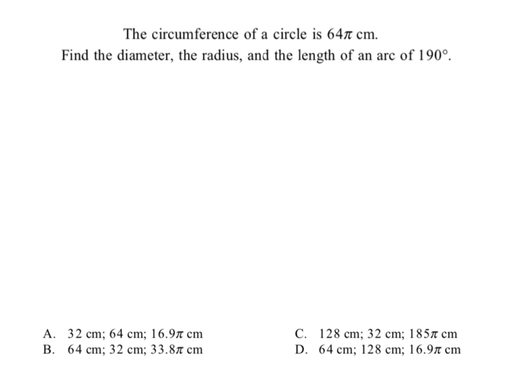Okay, this is kind of a cool one. They give us the circumference. They want to know the diameter and the radius and the length of an arc of 190 degrees. So the first thing we're going to do is say, okay, the formula for circumference is pi